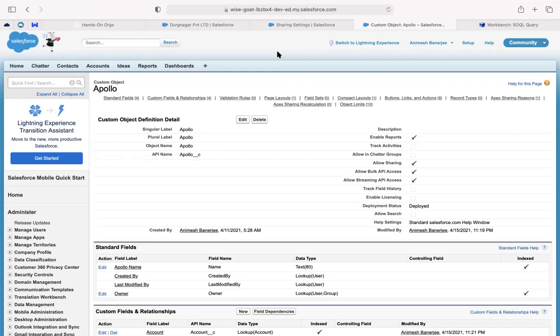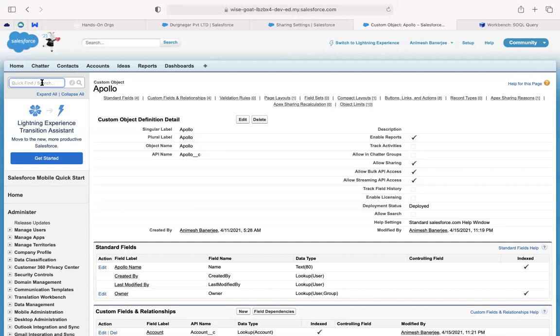Suppose we are having 3 levels A, B, C, and the C level employee has a record, and he doesn't want the B level employee to see that record. Only the A level employee can see that record. How can that be? Are you talking about role hierarchy? Yeah, role hierarchy. No, you cannot.